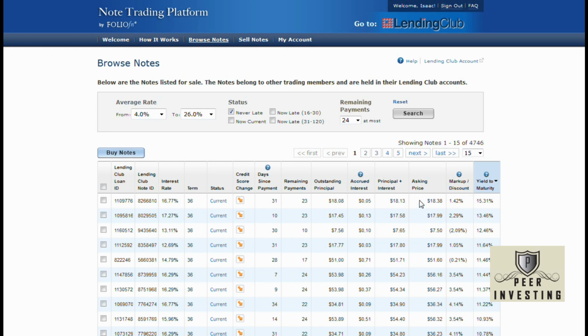So I have, actually what I'm gonna do, since it has the higher return, it's only gonna leave me a couple dollars left in my available balance, but I'm just gonna go ahead and invest in this one note here because it's close enough to my remaining cash balance,